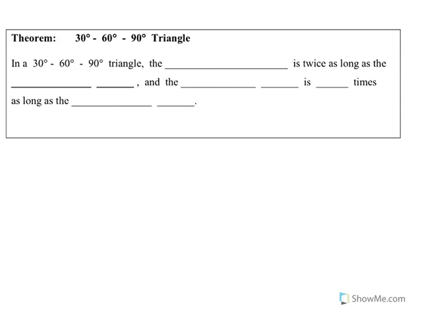So the other one is going to be for a 30, 60, 90. So it says in a 30, 60, 90 triangle, the hypotenuse is twice as long as the shorter leg,